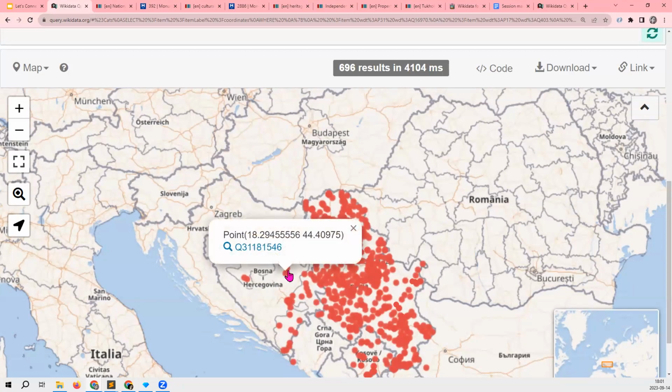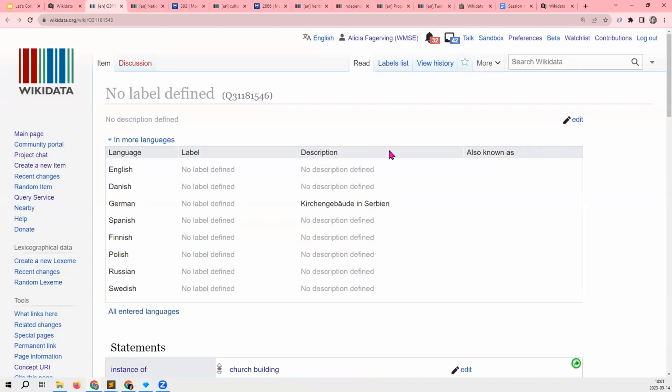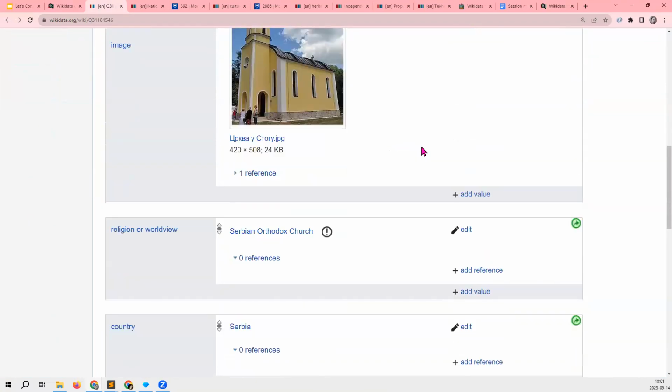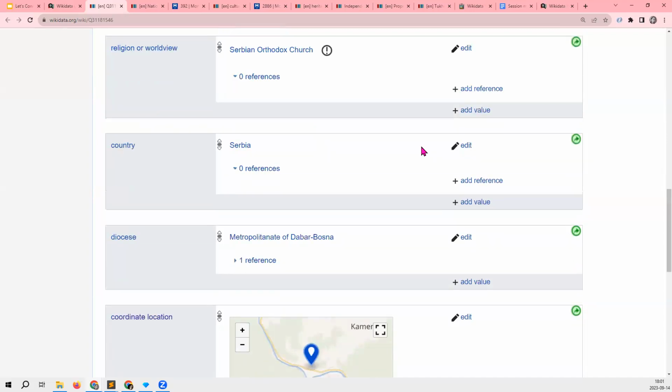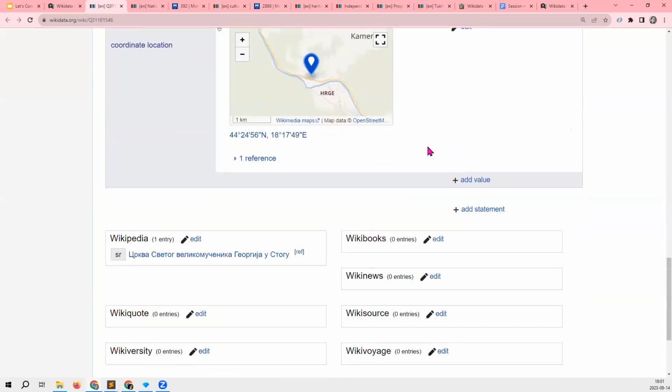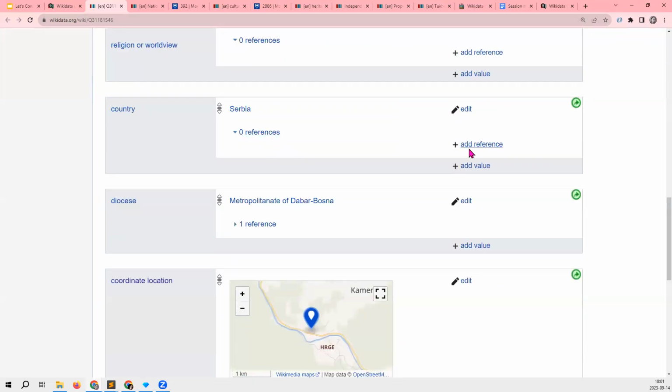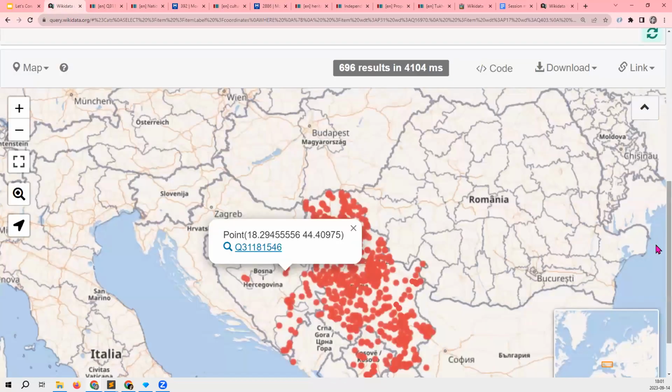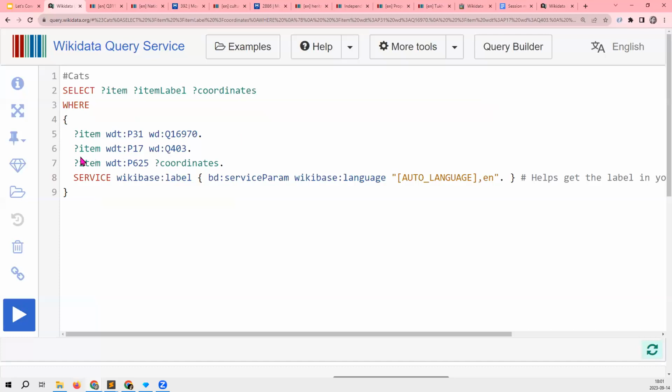So I can click, I can go to the item, and I can examine what's wrong somewhere here and improve it. Someone who actually speaks Serbian could do it. But say I want to find all churches that do not have coordinates because I want to find items where I can add them.